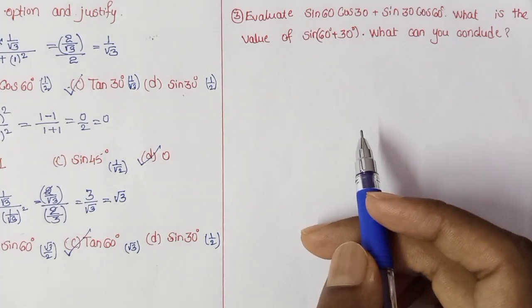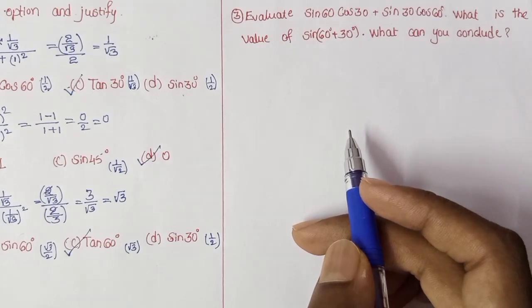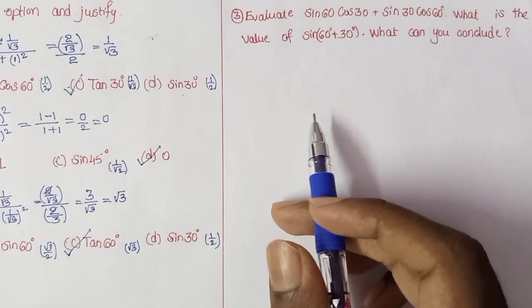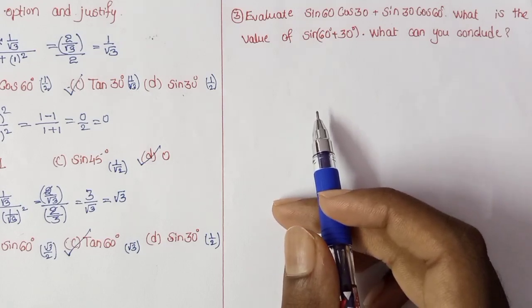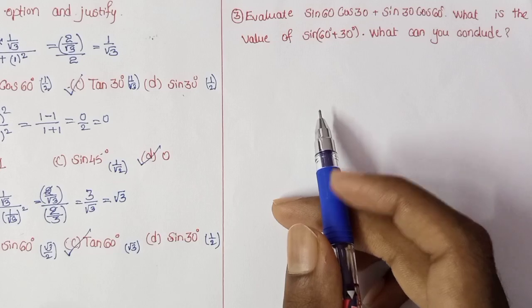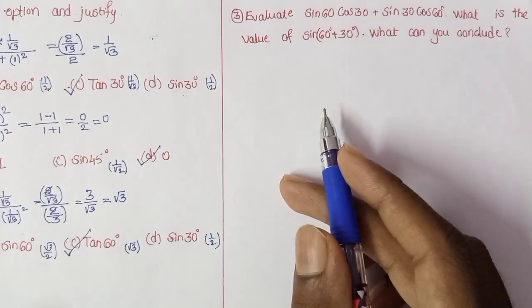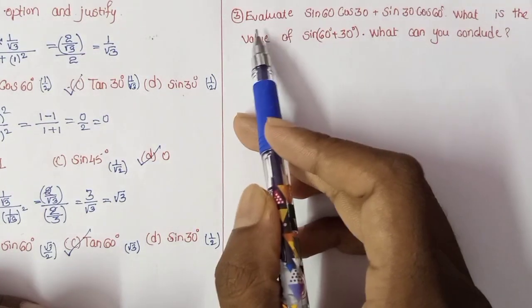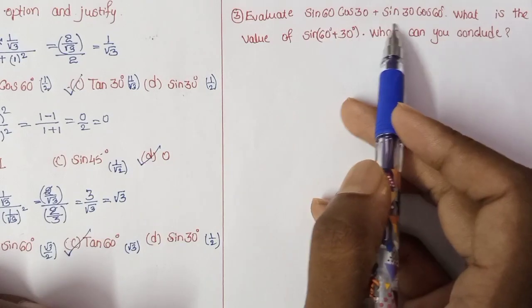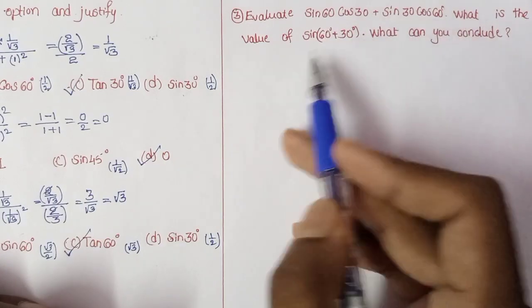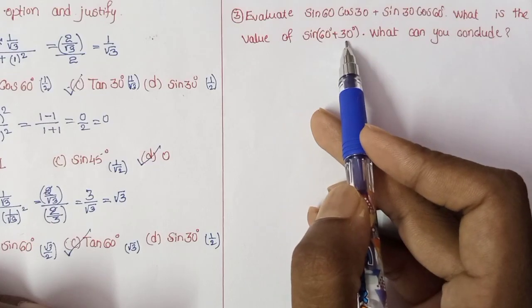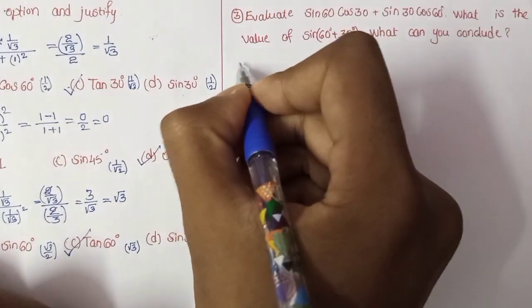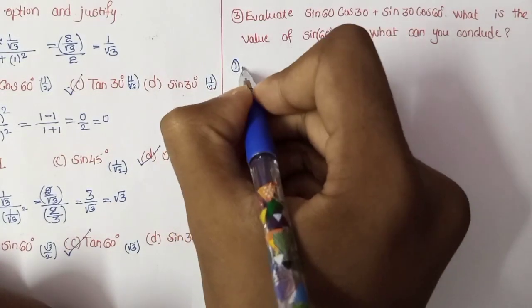This video will be very helpful to you for the competitive exams you are going to write. So these are the basic questions that may be asked from the trigonometry chapters for the competitive exams. So please concentrate, and in this video we'll derive two formulas. So what is the question here? Evaluate sine 60 cos 30 plus sine 30 cos 60, and also evaluate sine of 60 plus 30. Then what can you conclude? This is the question. So first we'll evaluate the first one, that is sine 60